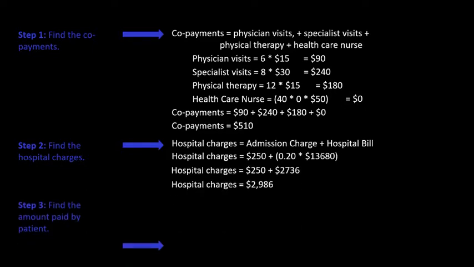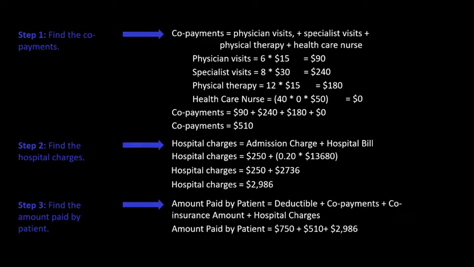And we add it all together, including that deductible. So the amount paid by patient is equal to the deductible, $750, plus co-payments, which we calculated here, $510, and co-insurance, same thing, plus hospital charges, that $2,986 rather. So you find that the total amount paid by patient is